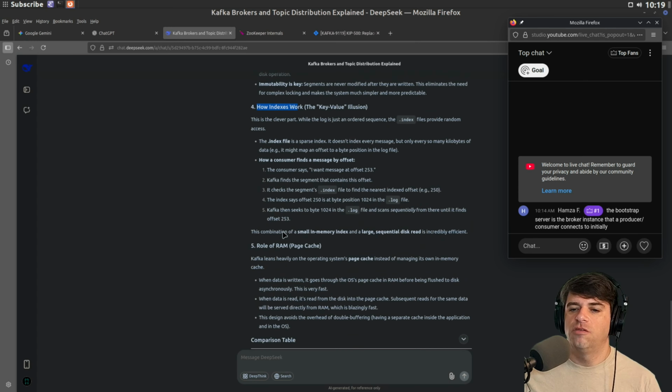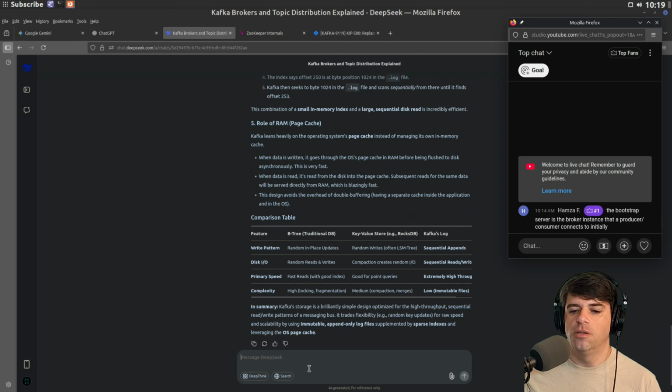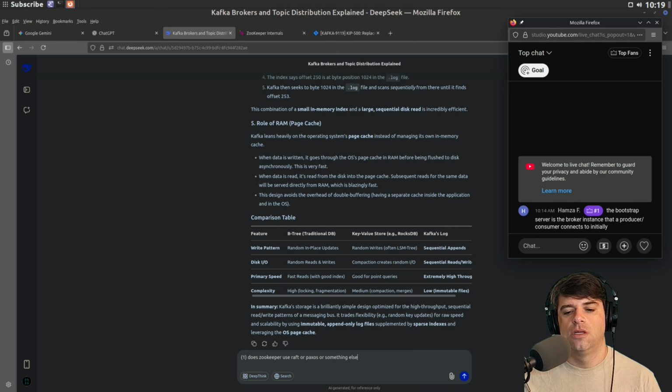Okay, and there's some stuff about page caching, which we will ignore. And then Zookeeper: does Zookeeper do Raft or Paxos or something else? And how has Kafka moved away from Zookeeper to use KRaft?